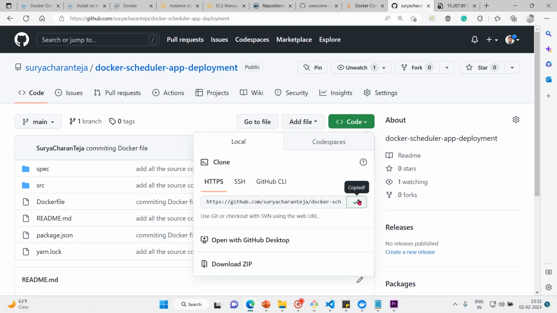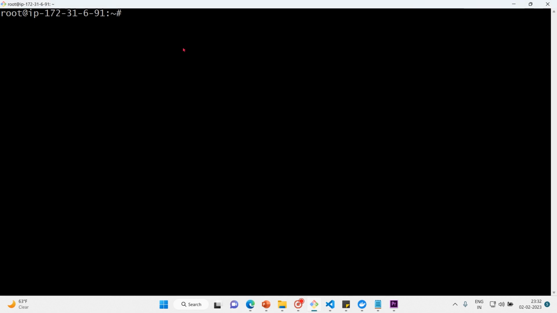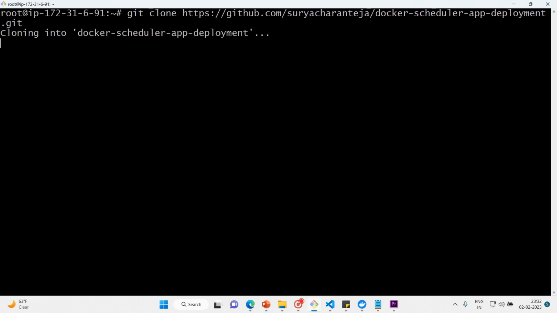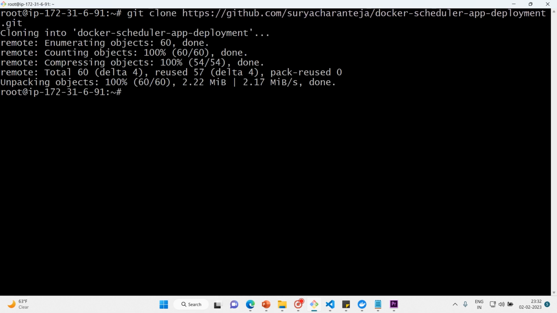Let me copy this and paste it here. Before that I'm going to mention git clone. It's a public repository, so no issue at all. So ls, it's been cloned into the root directory, so I'm going to move it. mkdir